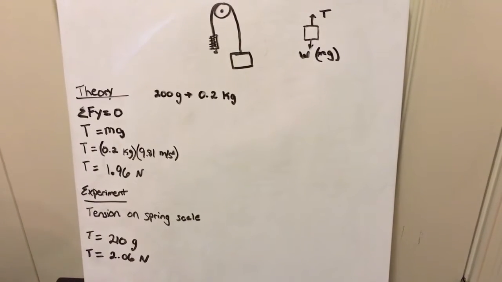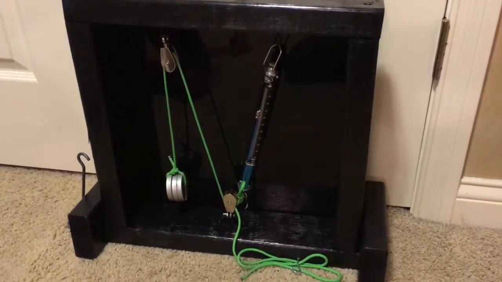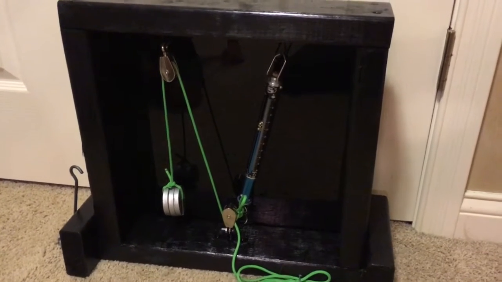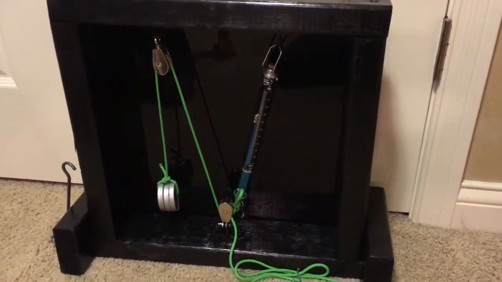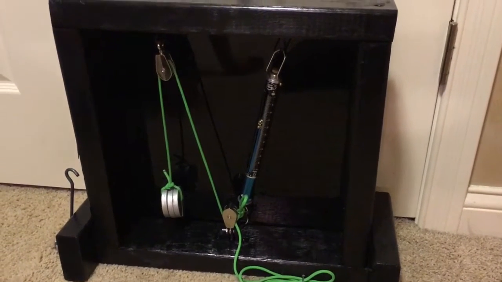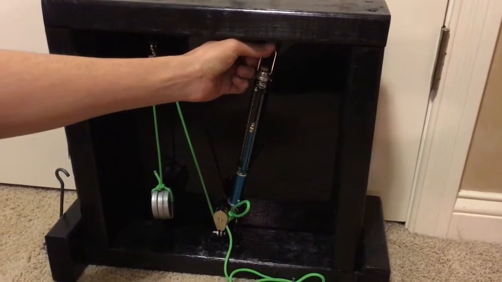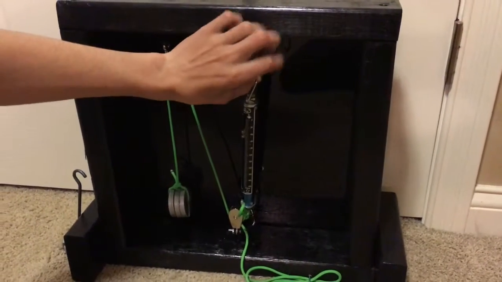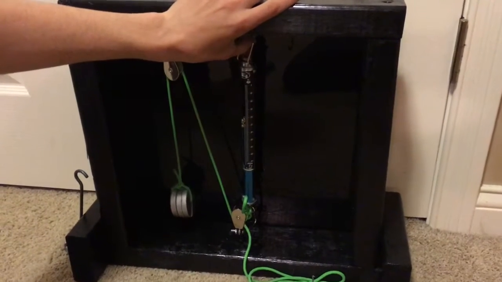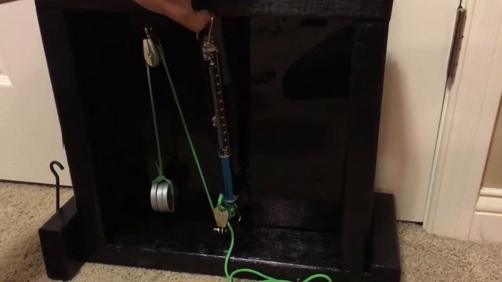And next we're going to examine with a different pulley setup. This is the second pulley setup. In this one we've got two pulleys and a mass of 300 grams hanging down, and there's the spring scale, and we're going to measure what the tension is inside the rope. With our spring scale, we're going to pull it to the point of just where the mass starts to move. And when you pull it up just to where it moves, it goes to